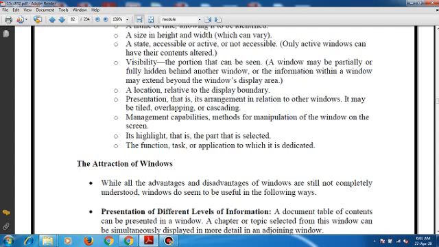The attraction of windows. If you look at windows, we are able to know that the value of a window is best seen in the context of a task or a job. Maybe a person is performing plenty of tasks in an unstructured manner, and the person collects information from different sources and tries to manipulate it in an organized manner.